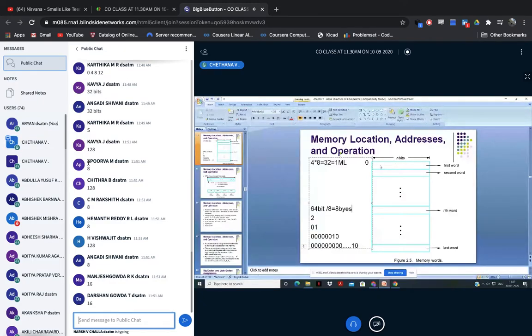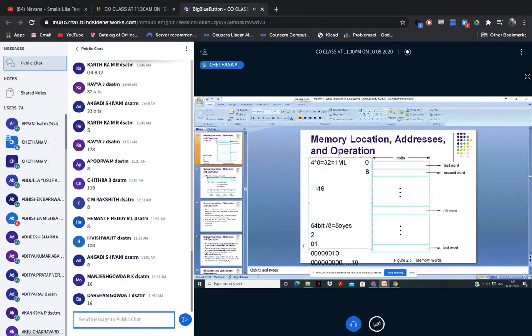So first byte will be 0, second byte will be 1, third byte will be 3. Like that, totally here 0 to 7, I'll use it for your first word. So that is nothing but completely 64 bits. Next address will be automatically 8. What's the address? 8. Next, 8 plus again 8, 8 plus 8 is 16. So next 16 plus 8.